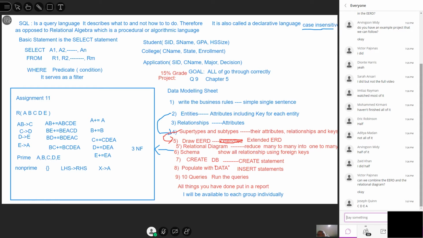It says A determines B, C, and D. So I'm just going to write that down here. Of course, A will determine A, right? It's also a determinant. A determines B,